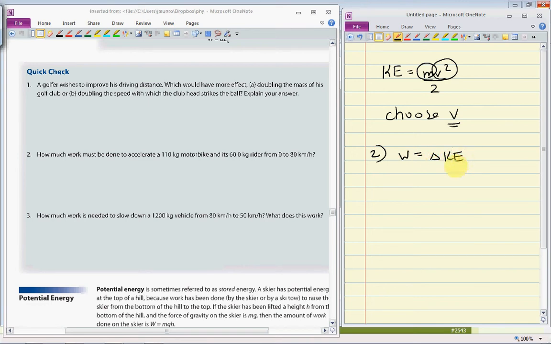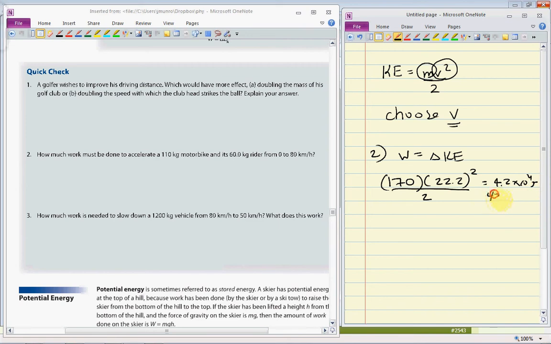And in this example, we have a 110 kilogram bike plus the 60 kilogram rider. So that's 170 kilograms that is going to have a velocity change of 22.2 meters per second. That's what you get when you convert the 80 kilometers per hour into meters per second. And divide this by 2, you will get 4.2 times 10 to the 4 joules,